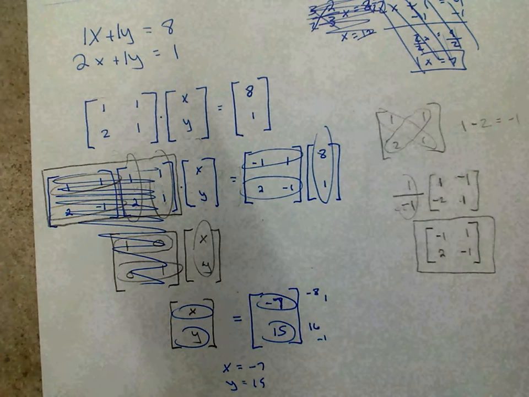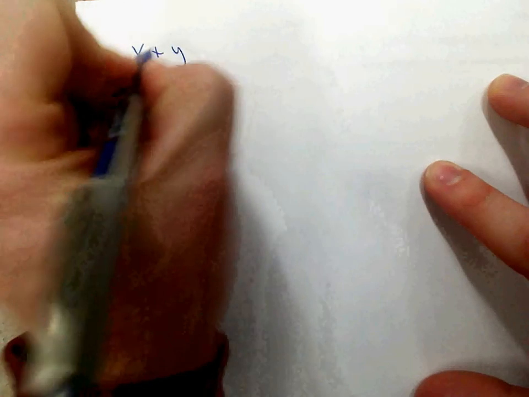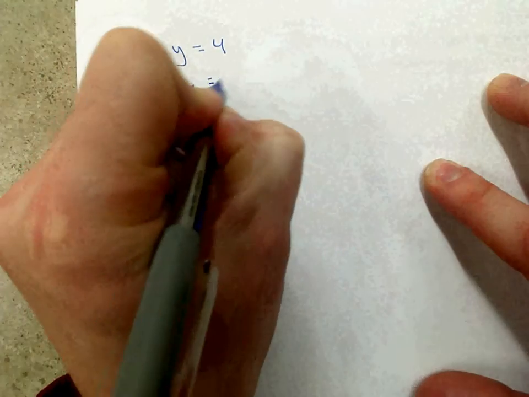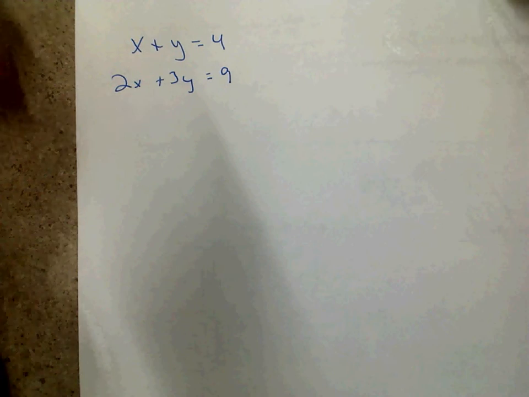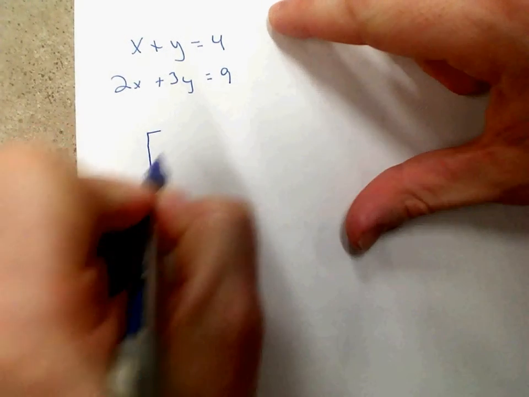So just for one more example, let's look at one more together. And let me pull up another example that I know works. All right, so let's do another one by hand, and then I'm going to show you how to do this on the calculator. So basically, again, take your coefficients, 1x, 1y, 2x, 3y,